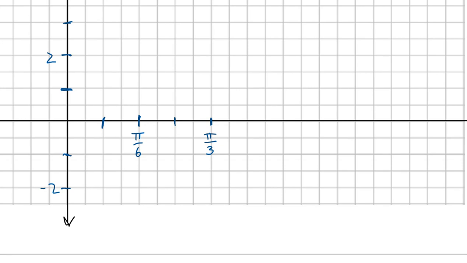So 4 squares to count pi by 6s. 1 pi by 6, 2 pi by 6, 3 pi by 6, which is pi by 2,